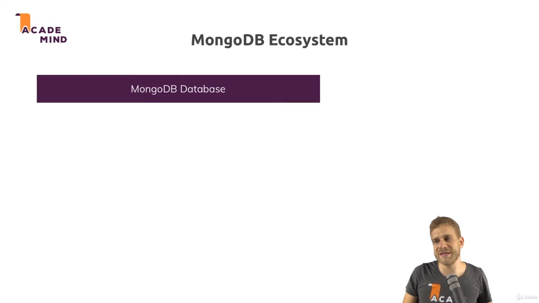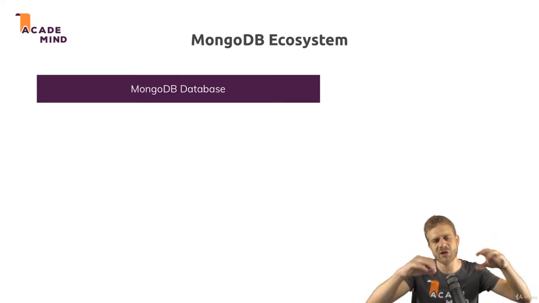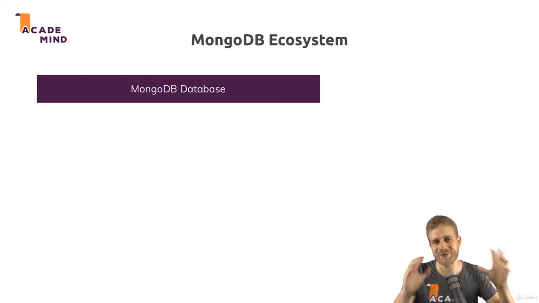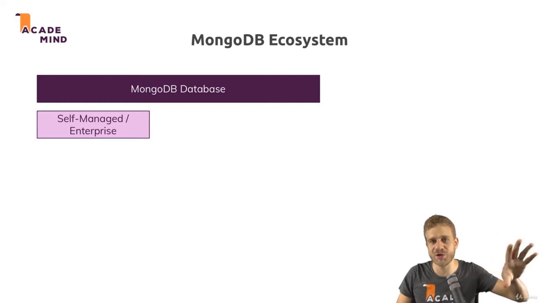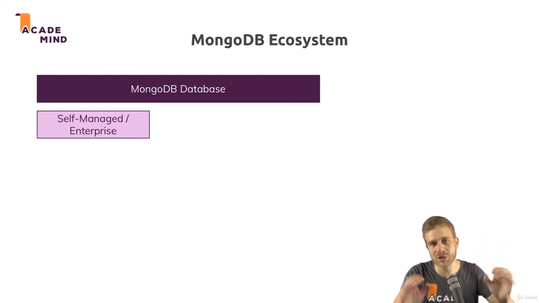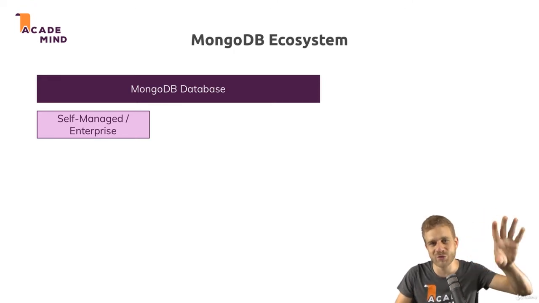Obviously, we got the MongoDB database, which is their core asset, the core feature, and the core topic of this course, and probably the reason why you took this course. There you have a self-managed and an enterprise solution. We'll work with the community, with the free community version in this course, which has all the features we need. But of course, I will also dive into deploying that and showing you a way of getting your local database, with which we'll play around in this course, into the web and how to use it on a real app.